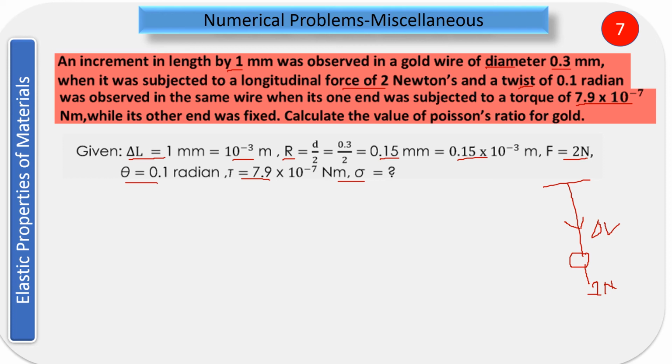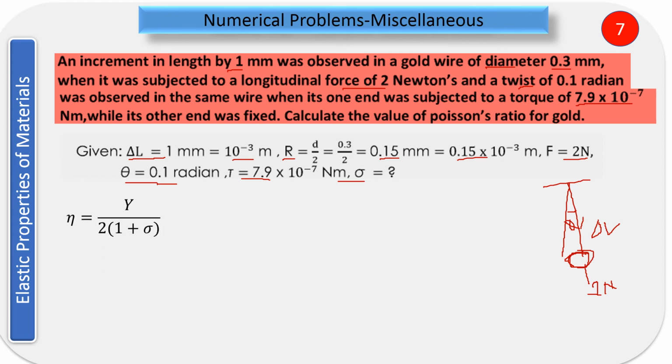Then the second part is saying you are going to twist this. So you have applied a torque, and applying the torque, you are twisting this wire by the angle theta. That value of the angle is given, 0.1 radian, and the torque that you apply so that it gets twisted by the angle theta is also given. Now you have to use both these concepts